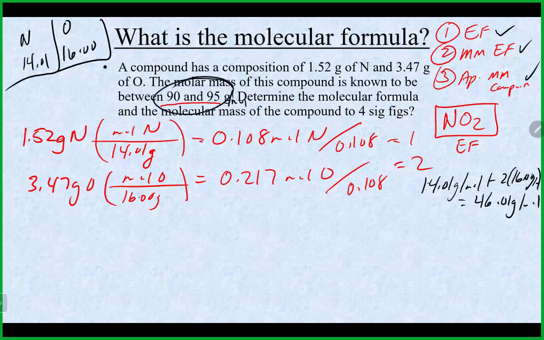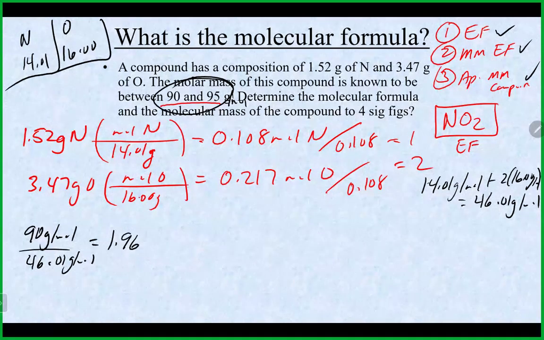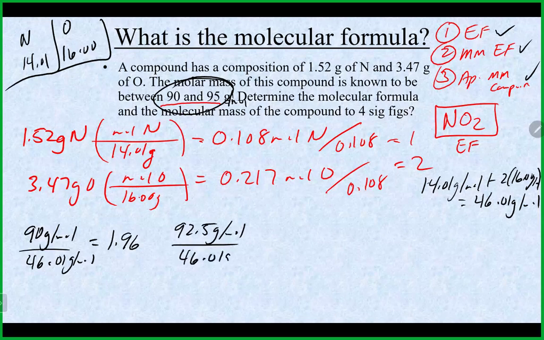Now, in this particular case, the approximate molar mass of our compound is a range, which means, as I mentioned earlier, you can really choose anywhere in that range. So, for example, if you wanted to do the low end of the range, you would do 90 grams per mole divided by 46.01, and that would get you something like 1.96. If you did the middle of the range, like 92.5 over 46.01, you get about 2.01. And lastly, if you did the high end of the range, 95 divided by our 46.01,